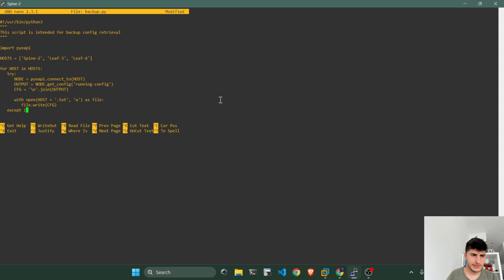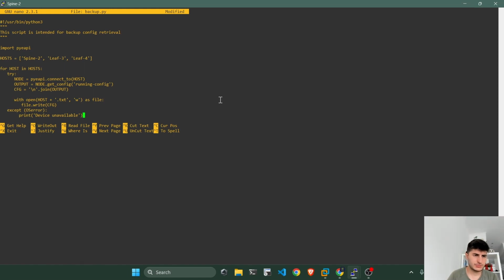I believe this is the syntax. So it was OS error, if I'm not mistaken. So if you have this error, you're going to have to stop and let's say print device unreachable or unavailable, let's say,